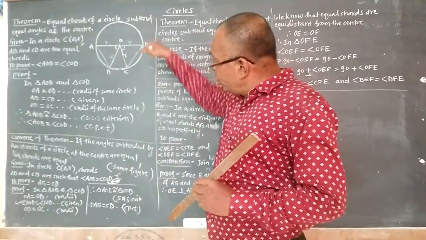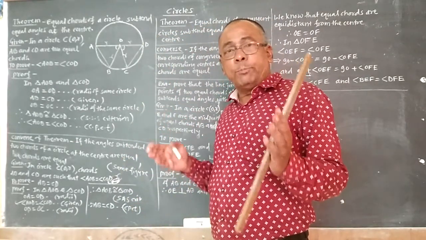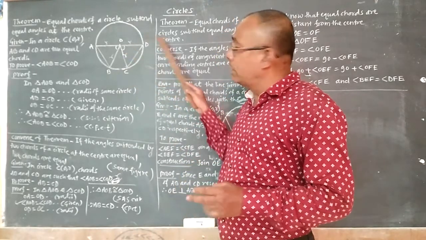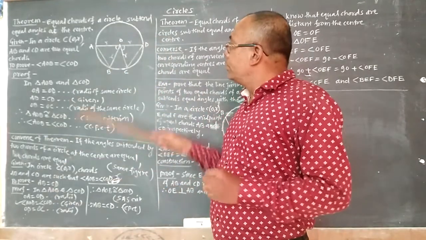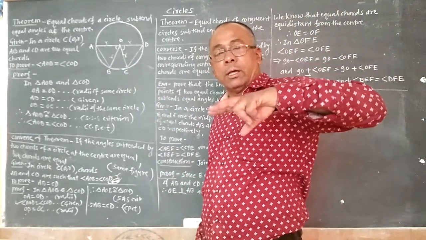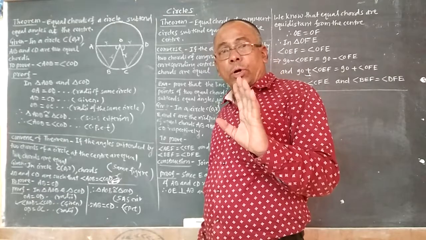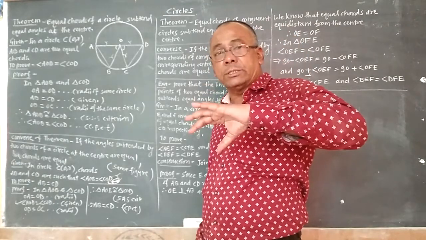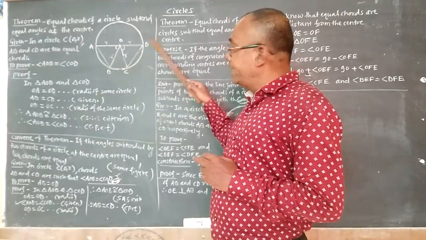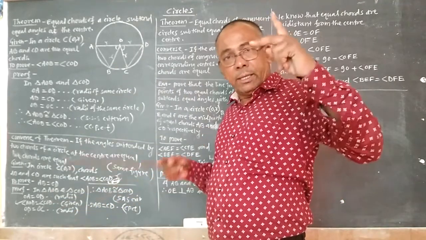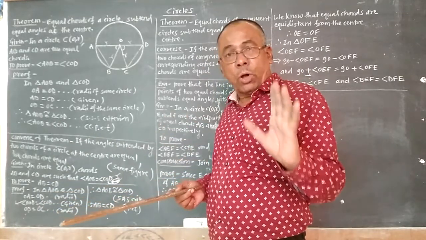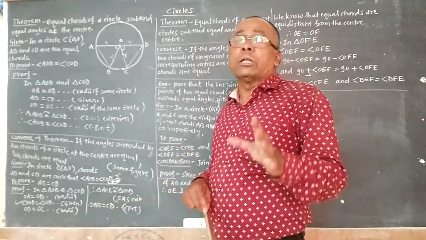Now these two theorems can be proved by considering two congruent circles. Here, instead of taking the two chords in the same circle, we have to take the two chords in two different circles which are congruent circles. Here AB is in one circle and CD is in the other circle, but these two circles are congruent, as well as the chords are also congruent.